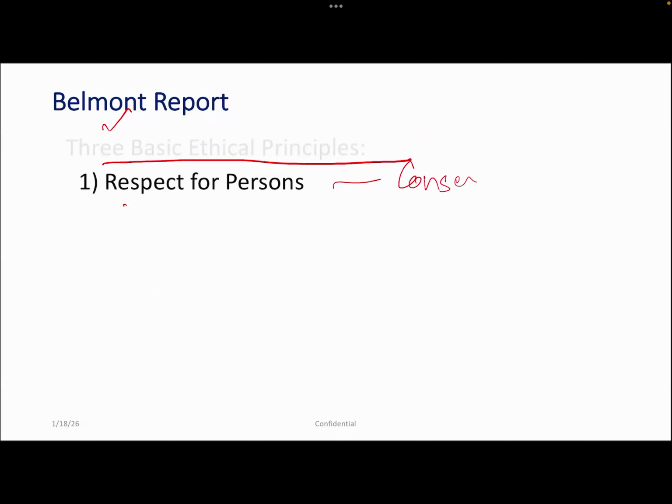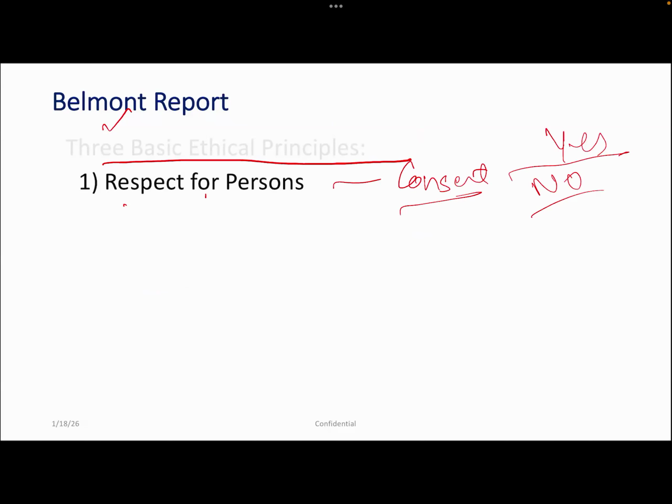This consenting, respecting their yes or no, that is respect for a person. That is how you are implementing it in the real world. I mean, when you will be doing actual research, you will be able to understand. When people enroll, they enrolled.